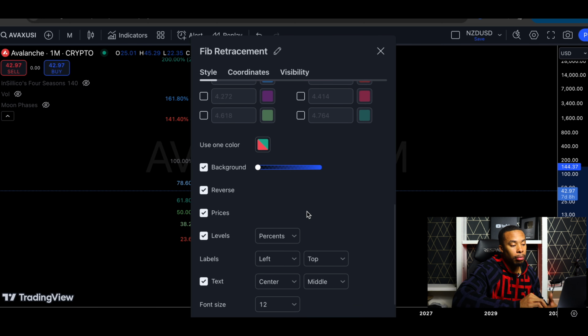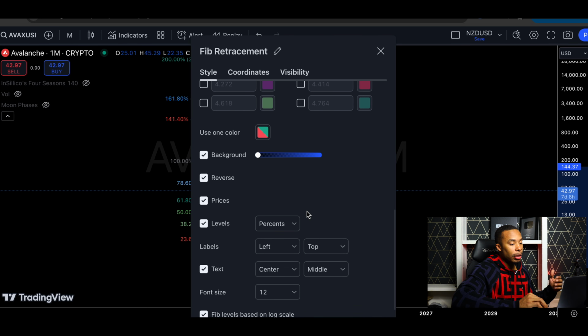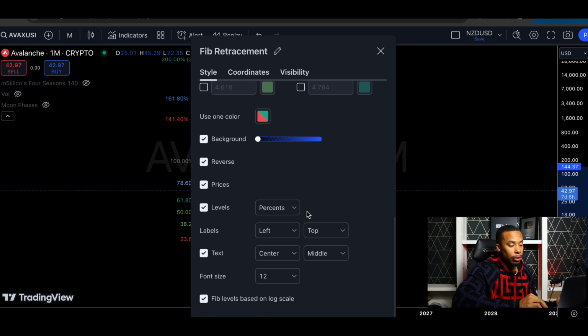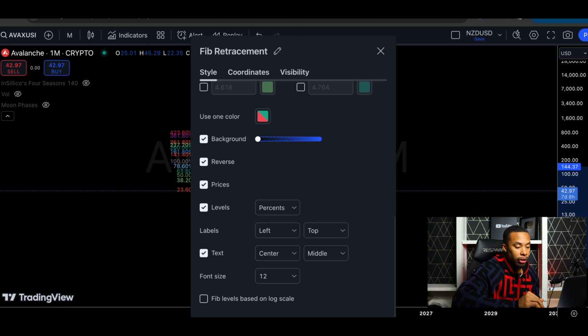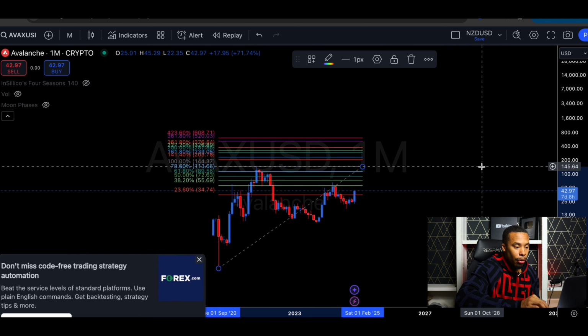Now, here's one thing that I like to do with the Fibonacci, which is to scrunch it up because it gives us closer price targets. Not saying that $1,100 or $1,200 won't happen, but there are other targets that we can take profits at or plan entries, depending on how you want to do it, in the future that are a lot closer. So when we scrunch it up,